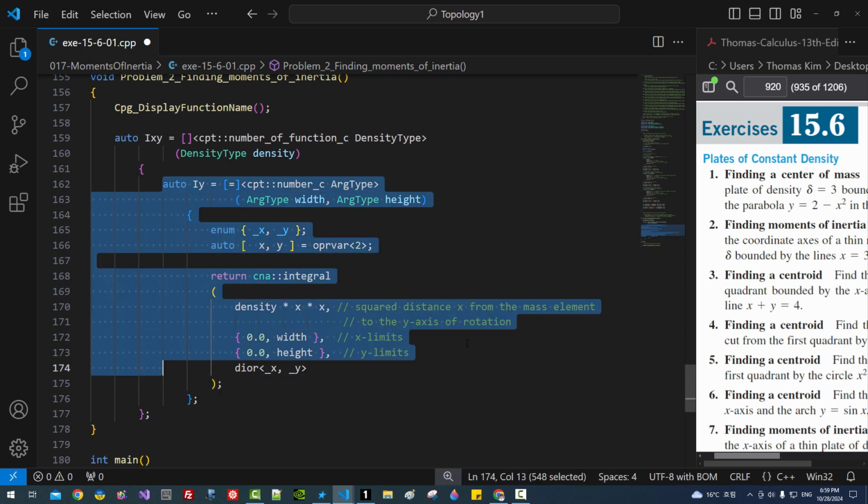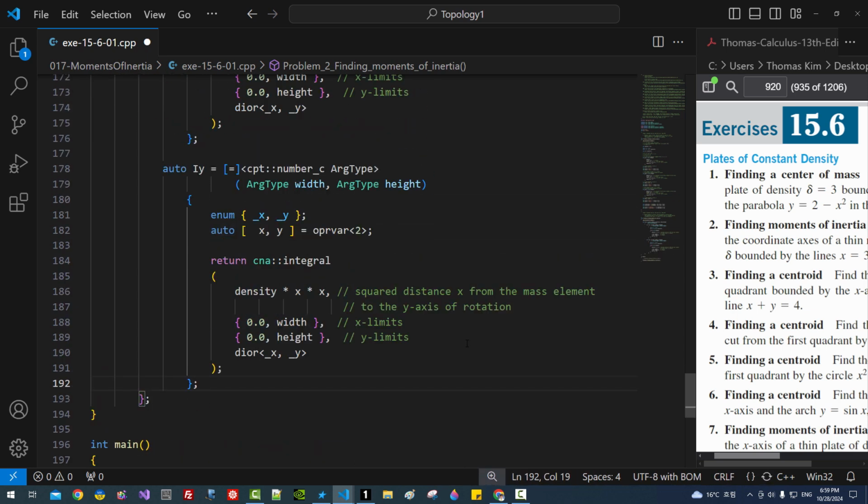Now copy this, paste it here, x, then y. Squared distance y from the mass element to the x-axis of rotation. Now